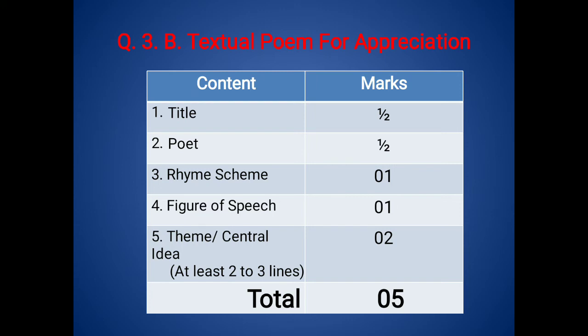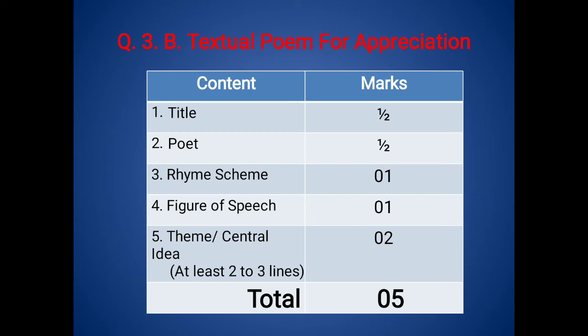Next, a very important point is figure of speech. Here it is expected that you explain at least one figure of speech with an example. If you have explained it correctly, you will get 1 mark. The next point is very important. That is the theme or central idea of the poem. Every poem has its own theme. It is related to some one idea. So it is expected that you write at least 2 to 3 statements regarding the central theme or